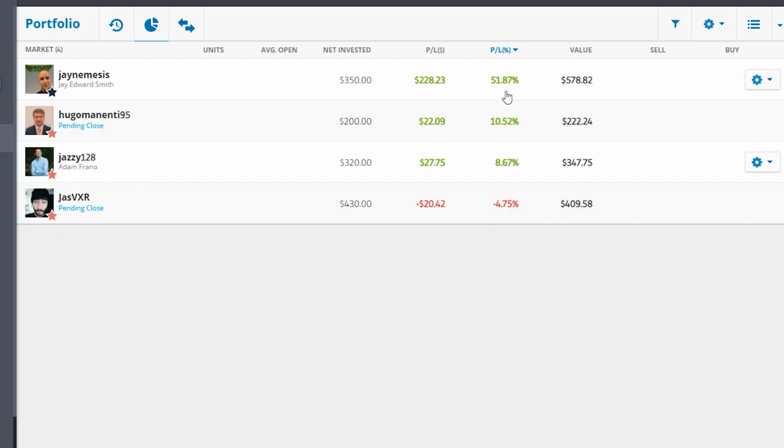It's full of ups and downs like a roller coaster. It will get better. And when it goes green, in time, it will get worse. It will go up and down, but generally, if you pick the right traders, in the long run, it will go up. Like with J Nemesis here that I've been copying for less than 12 months. He's got 51%. Okay, so generally it's going up. He's not in the red. It's going up in the long run. But there will be red days and it will go down.